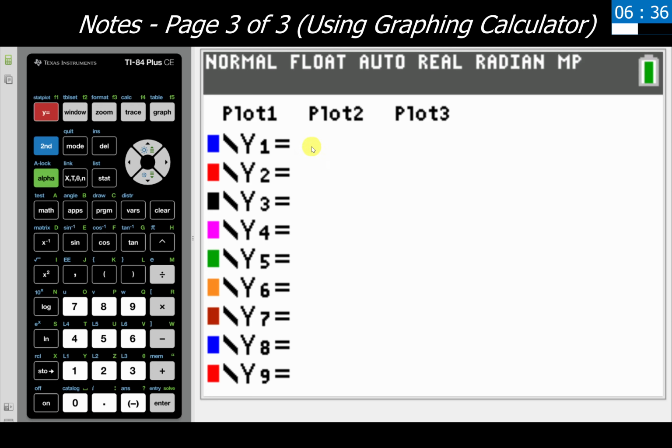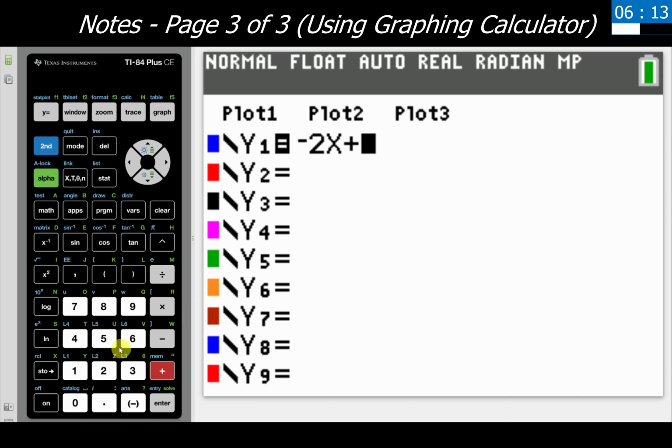I'm then going to type in negative 2x plus 5. Subtle but very important note here. If you are going to enter in negative, not subtraction, but negative, you are going to use this negative button down here by the enter sign. Negative 2, the variable button is right here next to alpha, x plus 5. The calculator is very dumb. If you were to put in the subtraction sign here instead of negative, it will give you an error. So make sure you're checking that you're using the negative sign, not the subtraction sign.